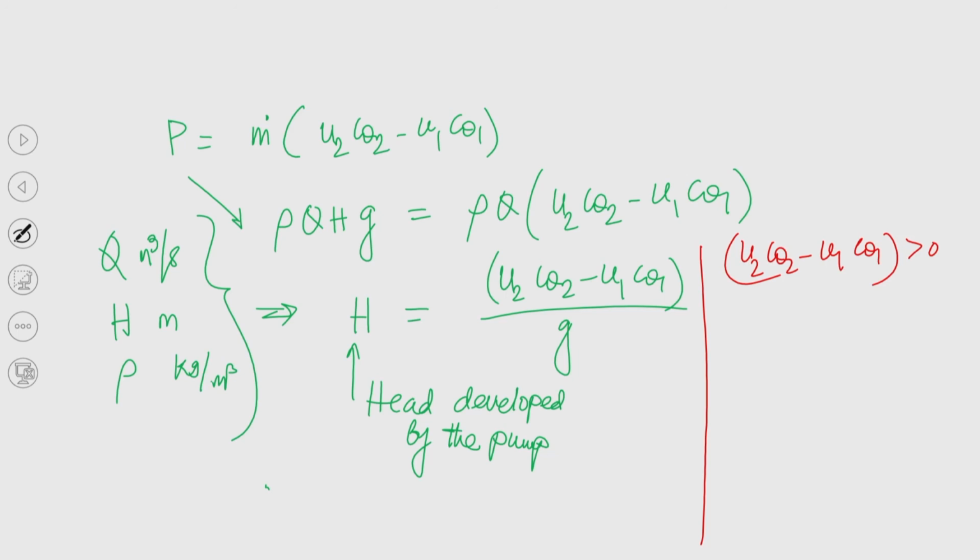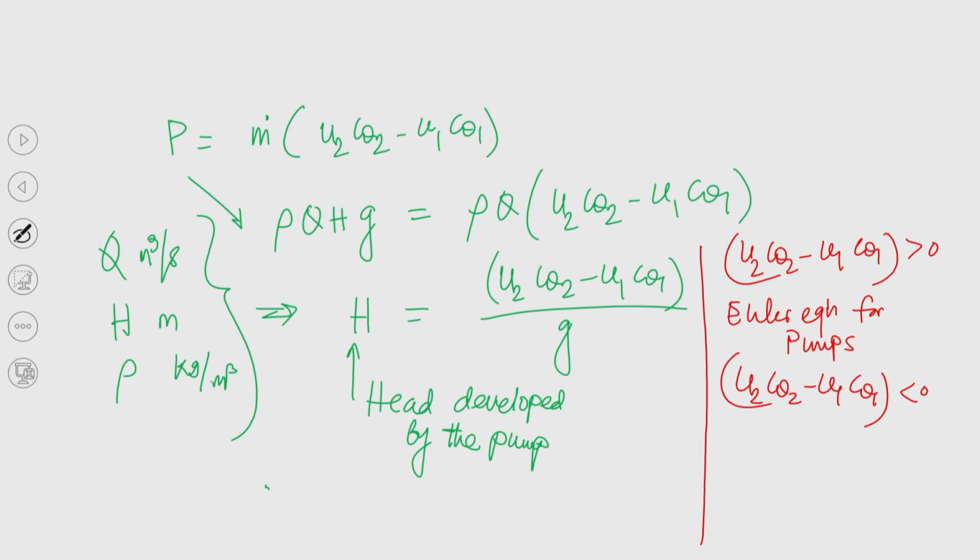You can see, because we need positive head. If this quantity is less than 0, so this is Euler equation for pumps and compressor as well. If this quantity u2 C theta 2 minus u1 C theta 1 is less than 0, you can understand, in that case